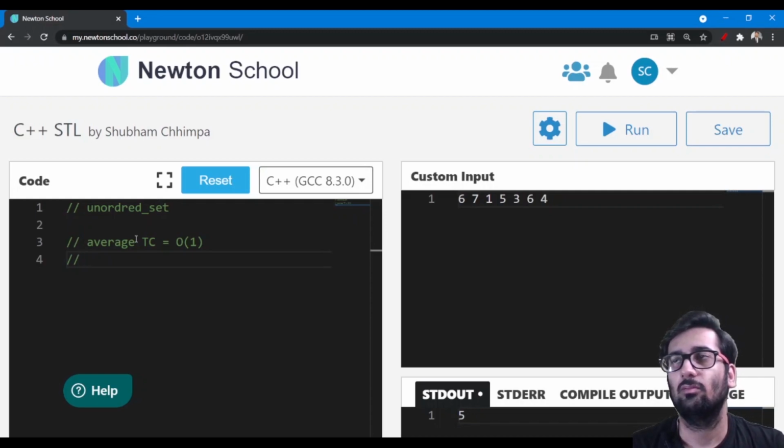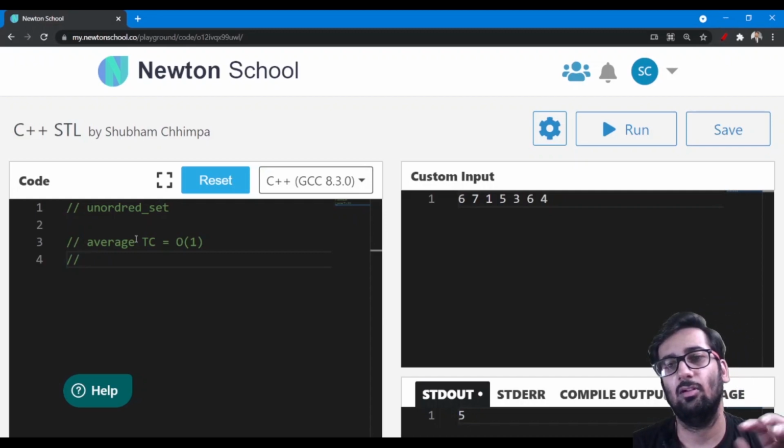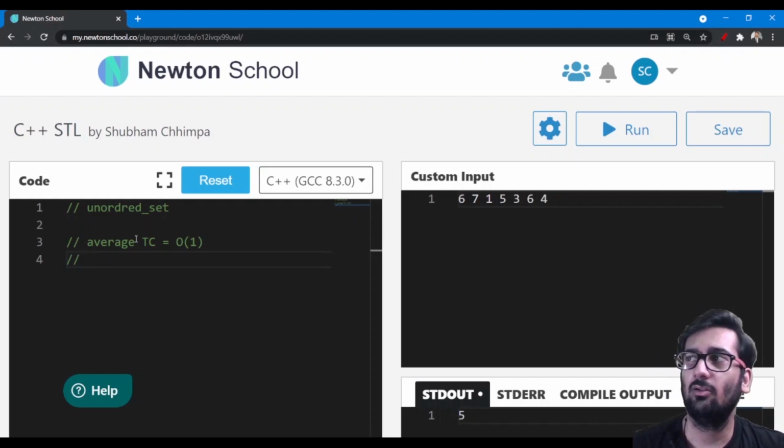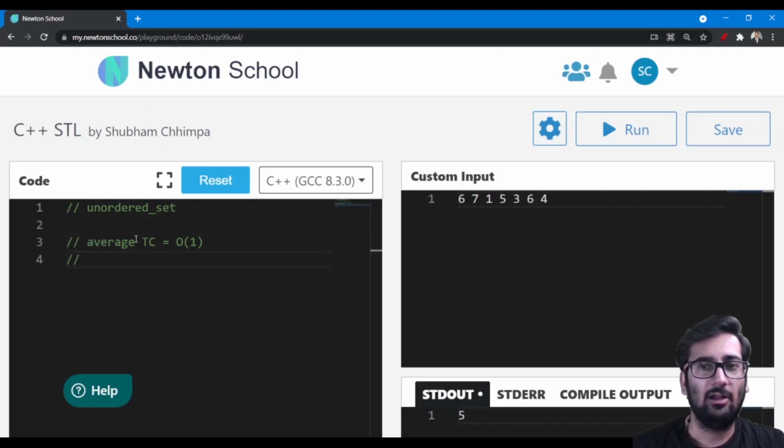That's why we use unordered set when we have to access values in O(1), or instant time. In the next video we will discuss set, but in the current video I am using unordered set. So let's take an example and see how to use it.